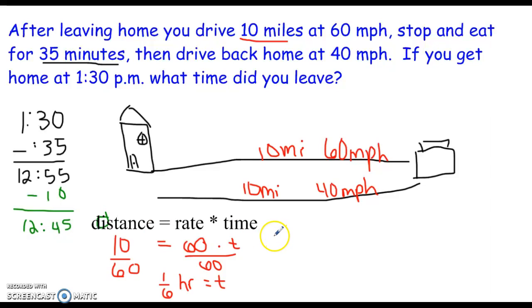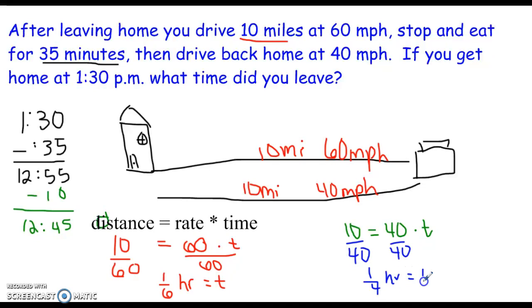So we're getting closer. We're going to do that same thing again. We've got 10 miles. We're driving at a rate of 40 miles per hour this time, times however long it took us to get there. So if we do that same equation solving again, divide by 40 to both sides, we get 1/4 of an hour this time